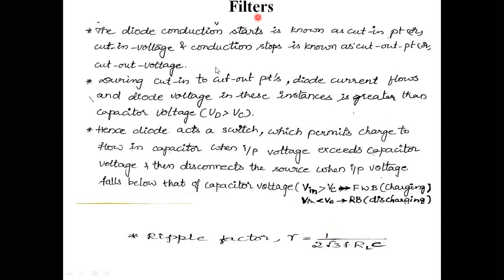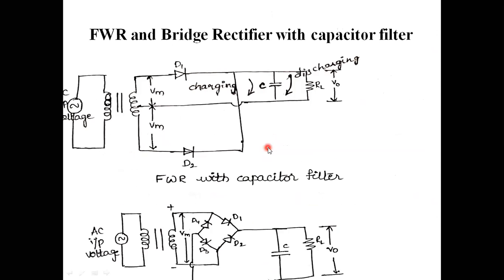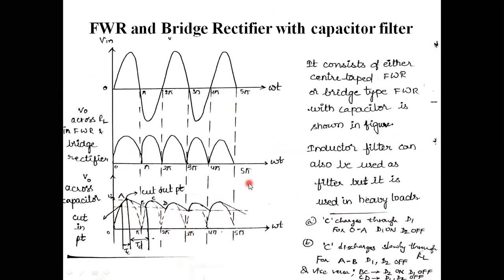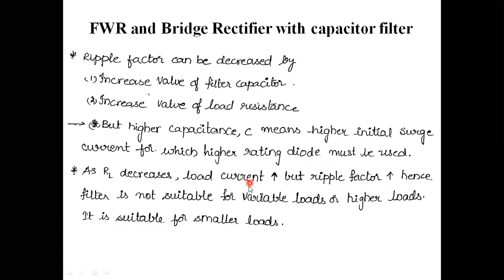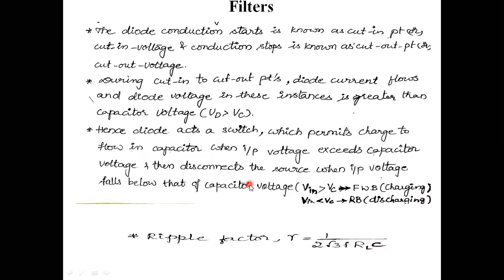Mainly, the capacitor acts as the charging part in forward bias condition. In reverse bias condition, that capacitor is going to be in the discharging part. In this way, we will see in the same circuit in the next class. We will see this operation also. Okay, don't worry, we will see this operation in the next class.